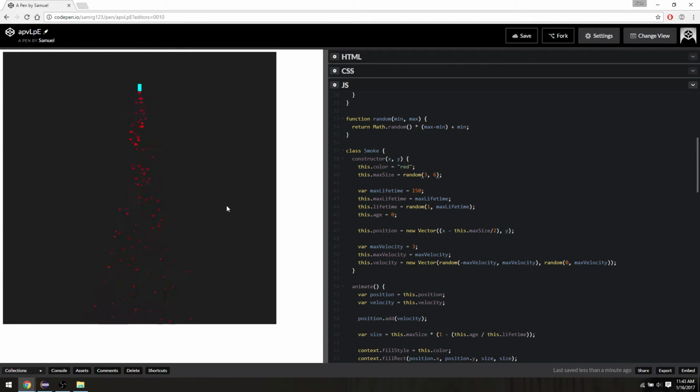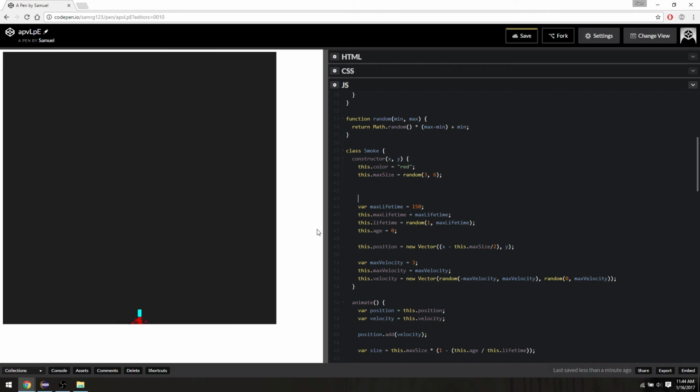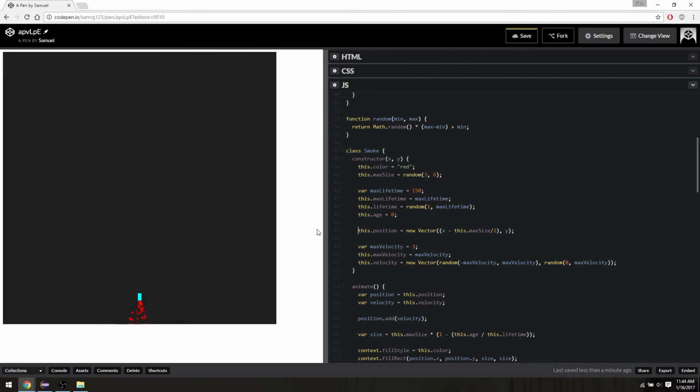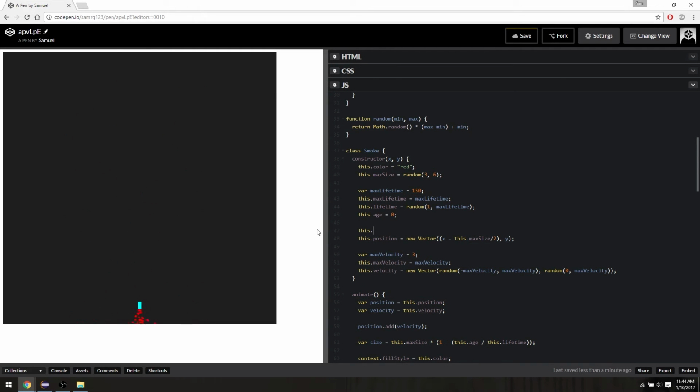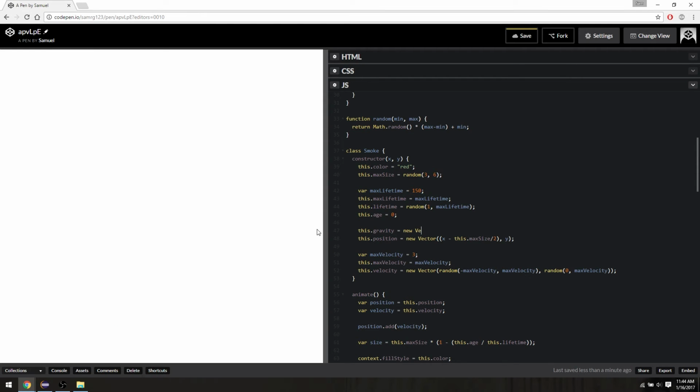Now they have another little bit of random elements to make them look more convincing. Another thing we can do is give them gravity, right? Right now it's like a 0G rocket, but if this rocket was launching on Earth, these particles would also be weighed down by gravity. To do that is pretty easy. We just say down here where we create a position vector, we could also create a gravity vector. So we can say this dot gravity is equal to a new